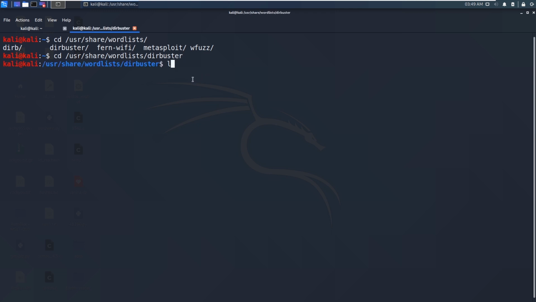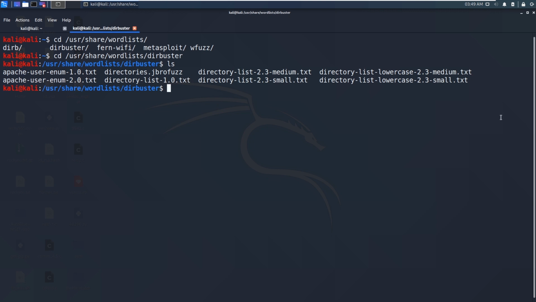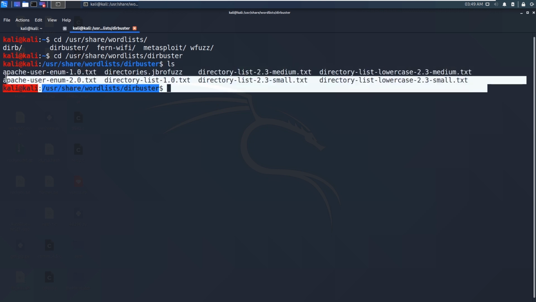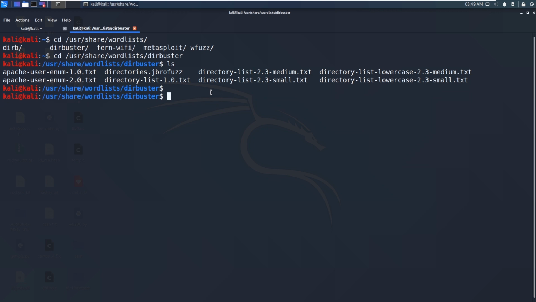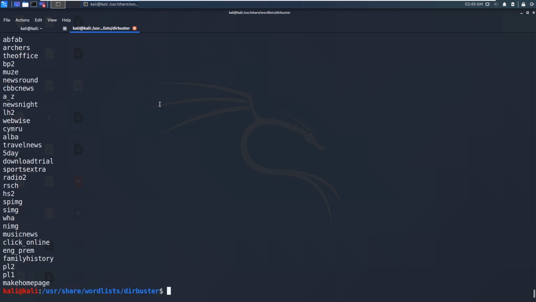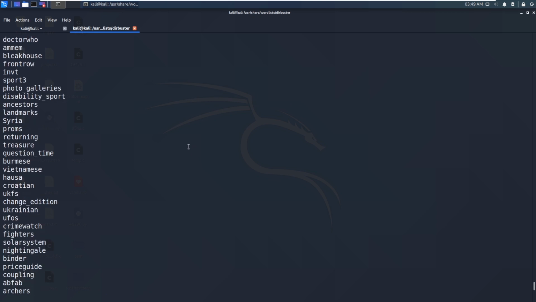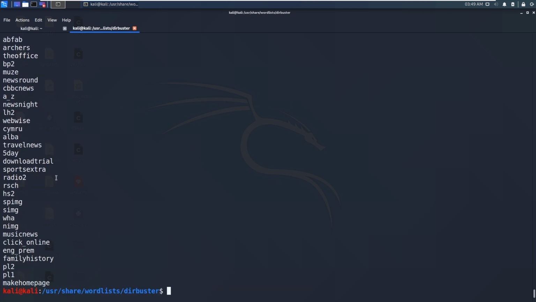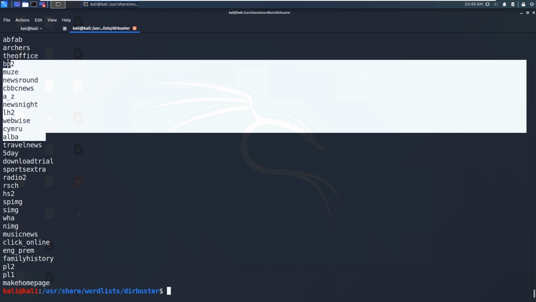If I say ls, okay, these are some of the directories, text files. You can just cat one of them to show you an example. So I'm going to cat this directory list, which is a small one. This small one contains all these words.